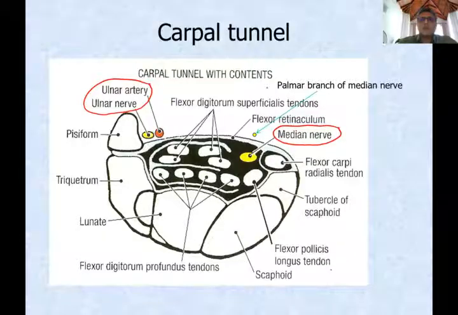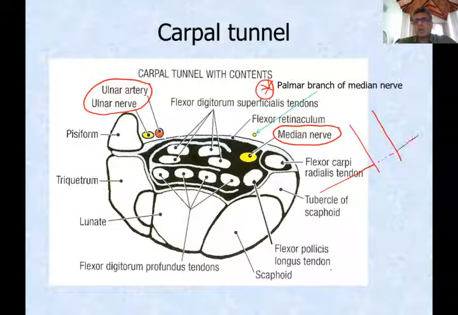Then there's another nerve. It is a branch of the median nerve. It is called the palmar branch of the median nerve. Sometimes we call it the palmar cutaneous branch of the median nerve. Now that one is given proximal to the flexor retinaculum. If the flexor retinaculum is like this, the median nerve comes like this and passes underneath the flexor retinaculum to enter